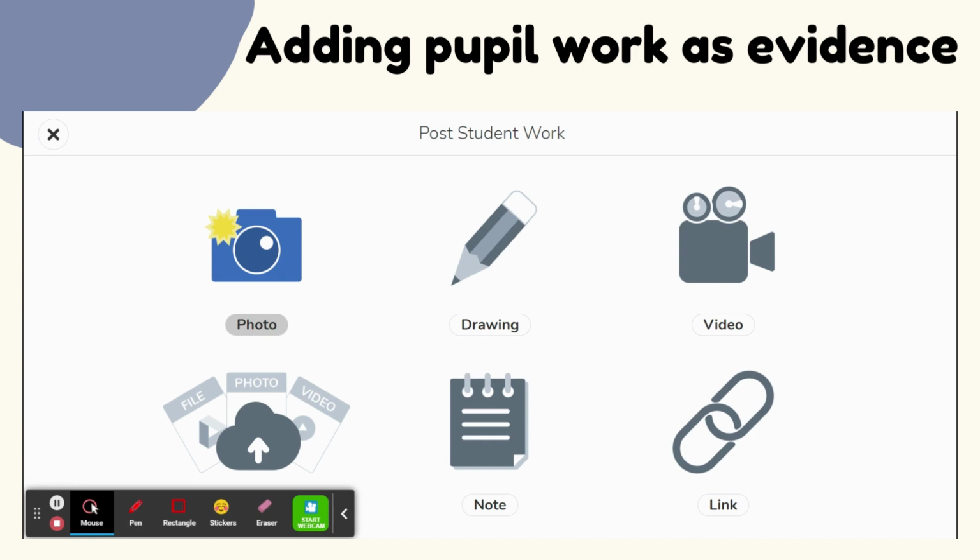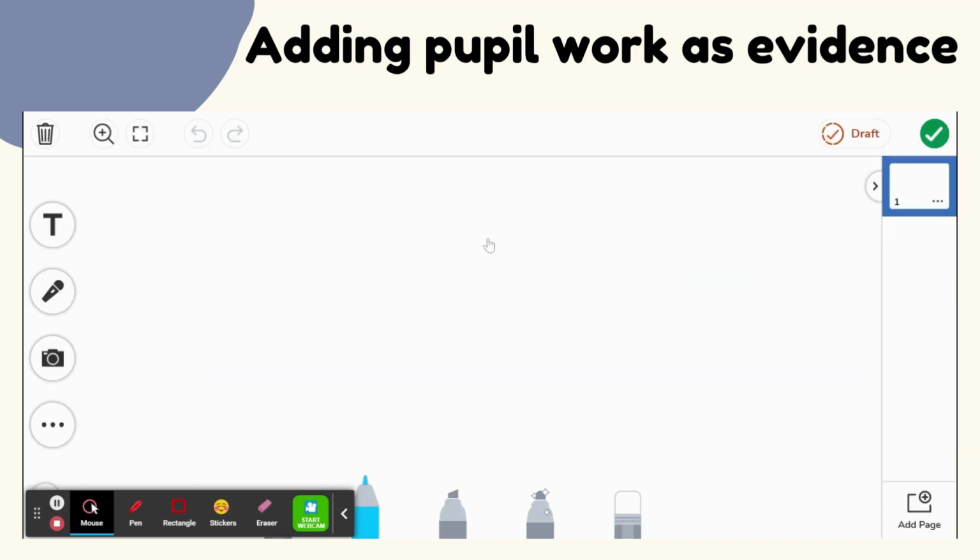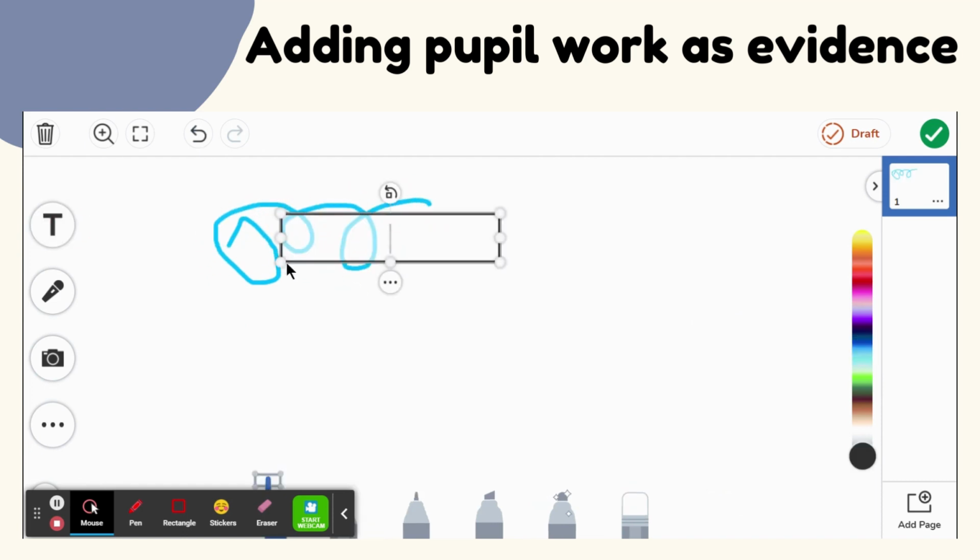If you're using it on the desktop or a laptop browser, you would click on it and it would use your camera that's usually built into the top of your monitor. So if I was to click on it, it would just show my face looking at the screen. Drawing. I'm going to click on this. Drawing's basically an interactive digital whiteboard. So you've got all the usual features where you can use a pen, you've got text,